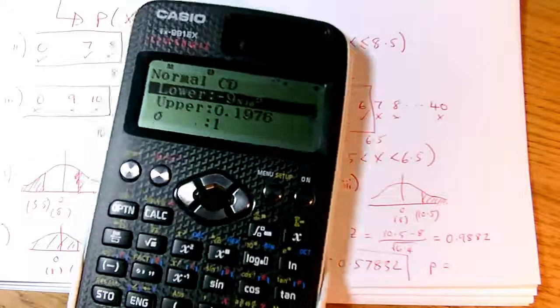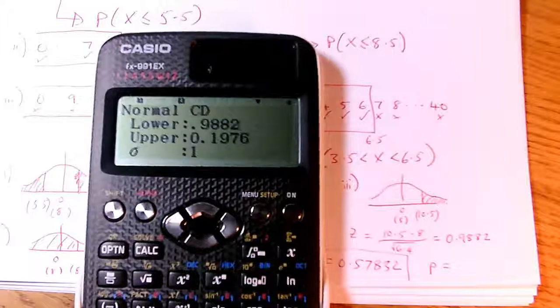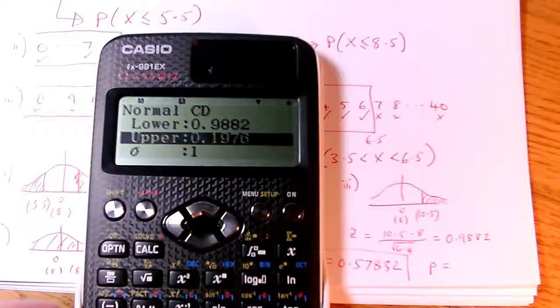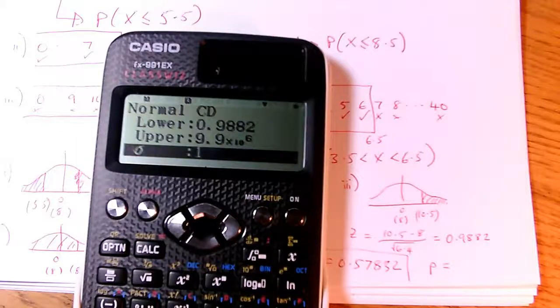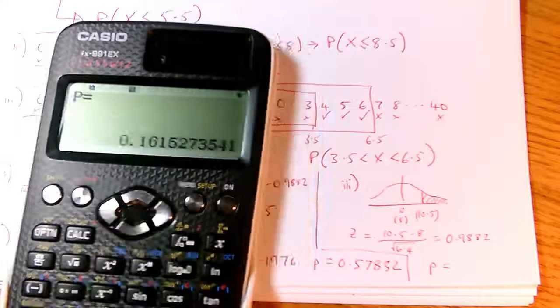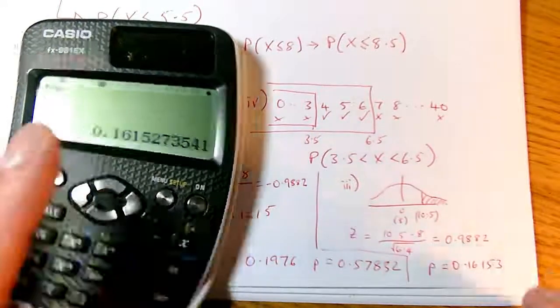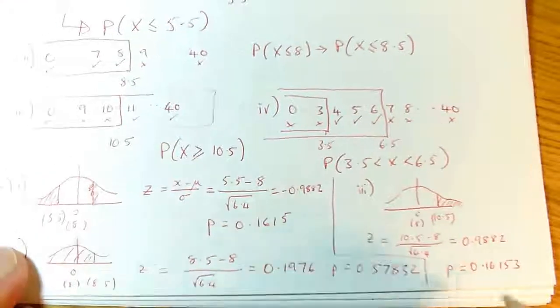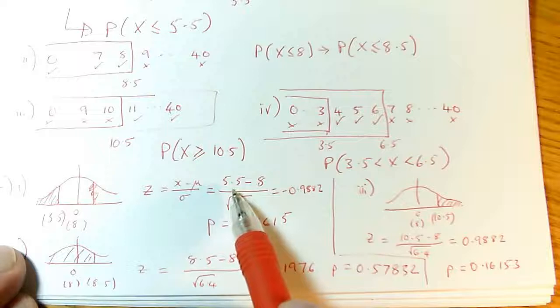So if I type that in as my lower, 0.9882, and I type in my upper as 999999, ridiculously high, but there we go, and we get a probability of 0.1615. And in fact, if you've been alert, you might have noticed that 5.5 is exactly as far below the